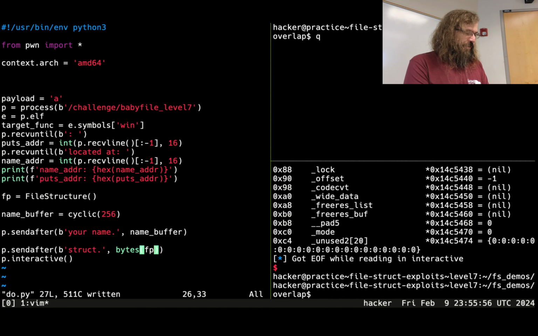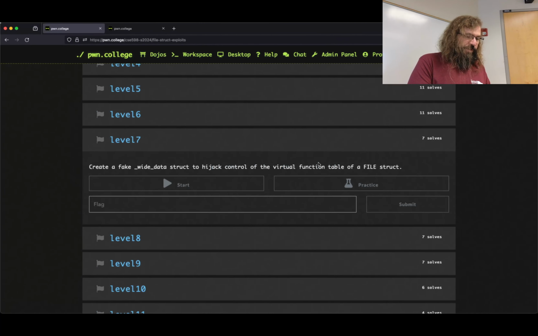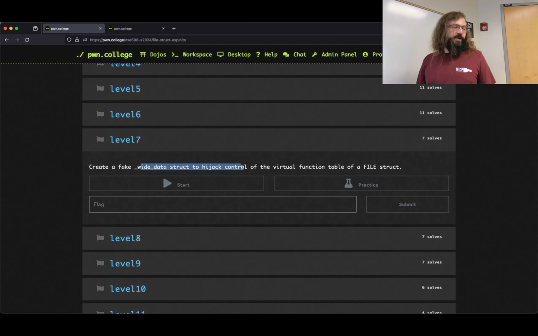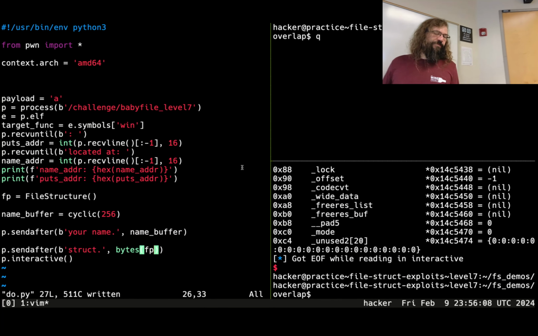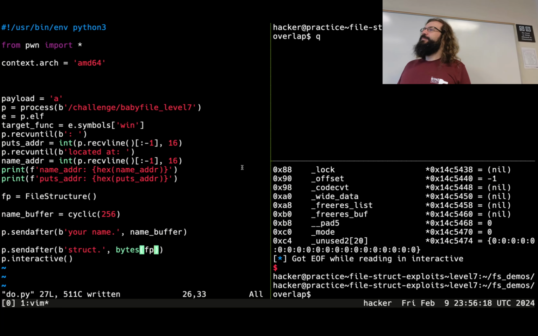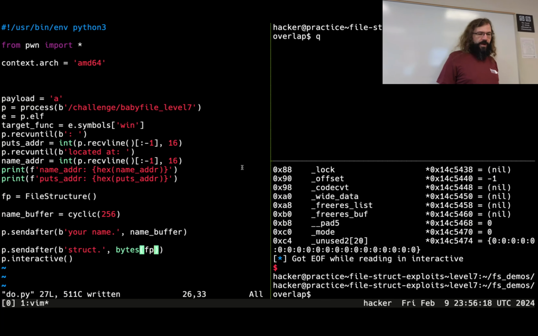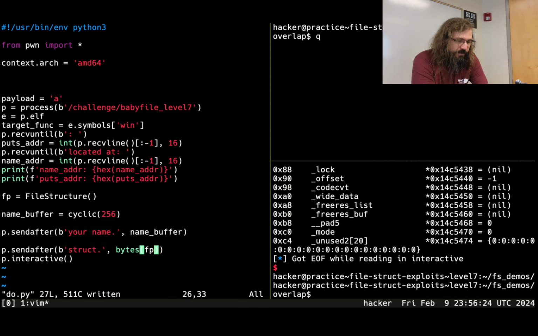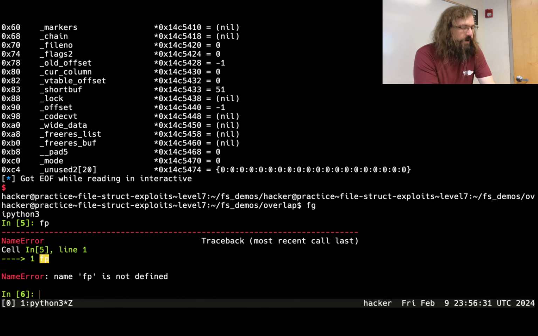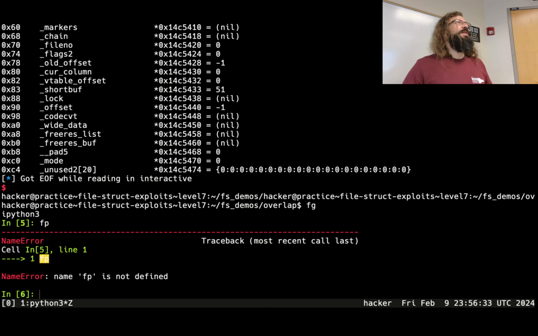The challenge suggests from the description we want to overwrite this wide data struct, hijack control of the virtual function table of a file struct. All right, so where is this virtual function table? Can we see it? What do we know about it right now? It's hiding in the file plus object, which is wrapping the file struct. Okay. Now the comment was that it's hiding in the file plus struct, which wraps a normal